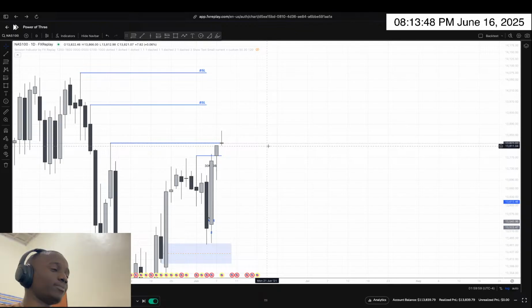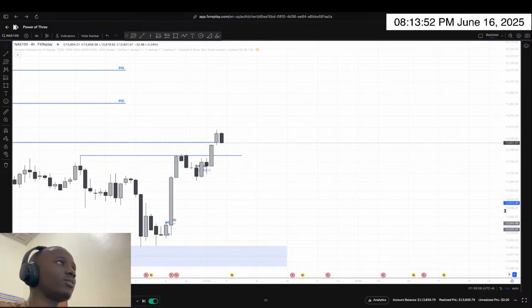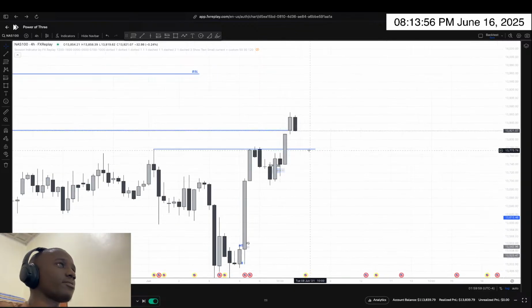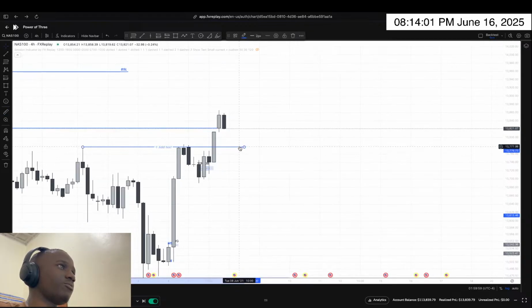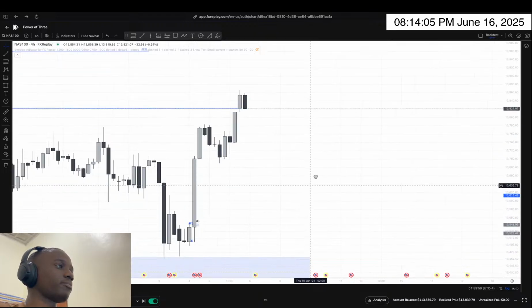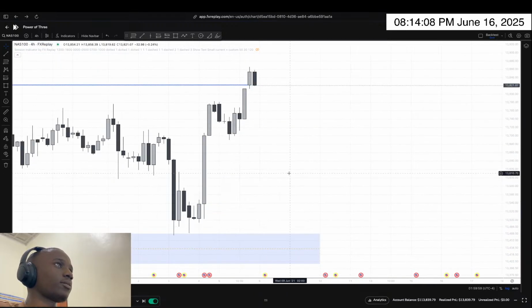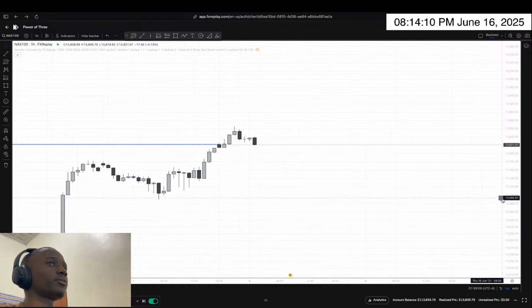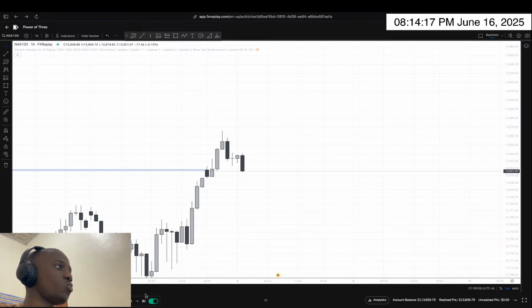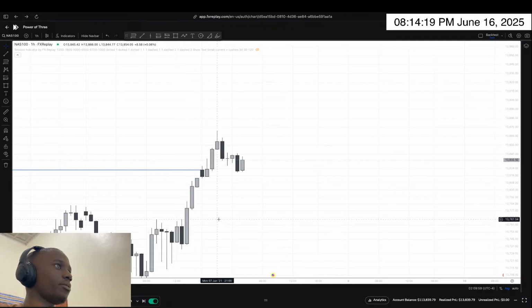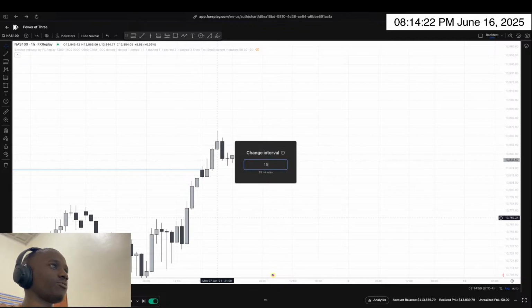Now look at the 4 hour. The 4 hour is nothing bigger than the daily, other than showing us that we took out this buy side. I would like to remove this lipstick here, I have way too much lipstick. Now we go to the 1 hour. Have this order block. Anyways, I would like to go to the 15 or 5 minute.